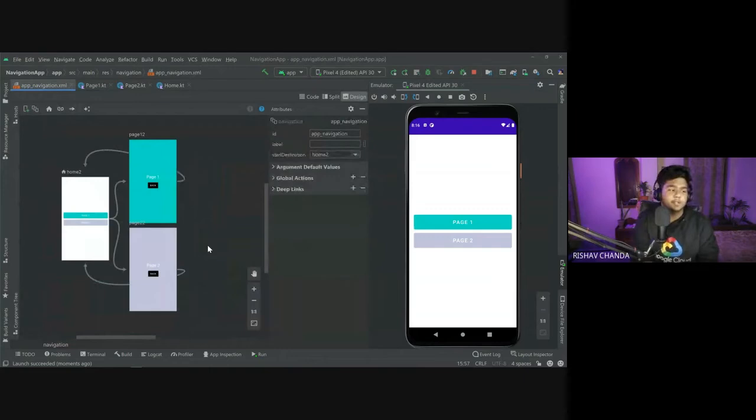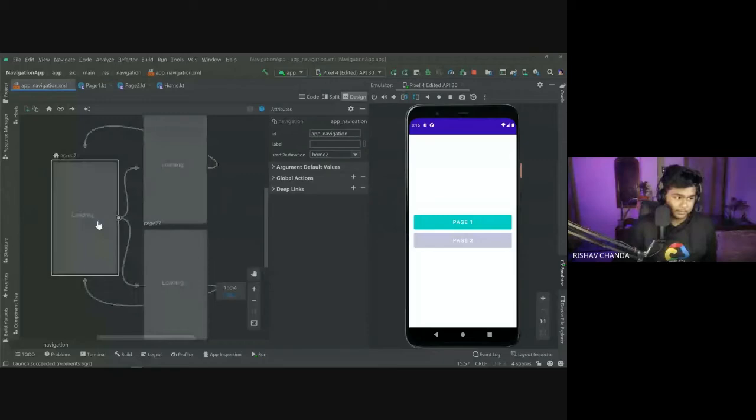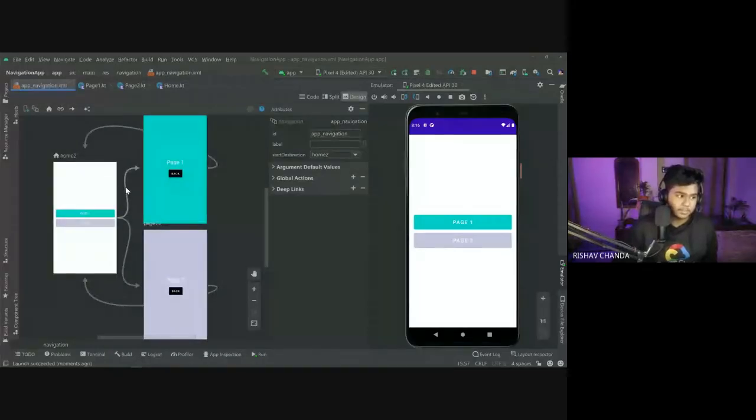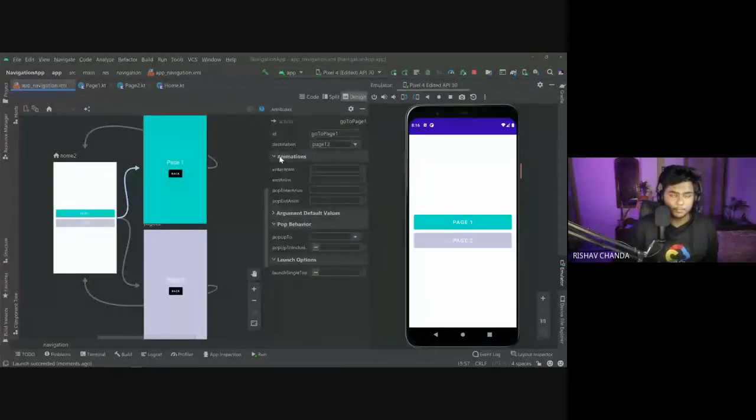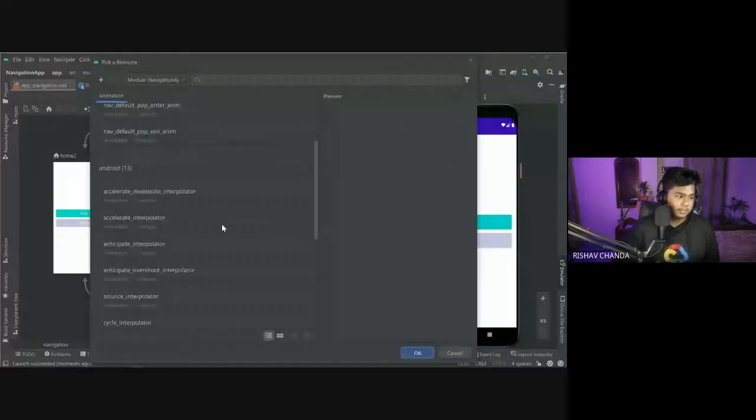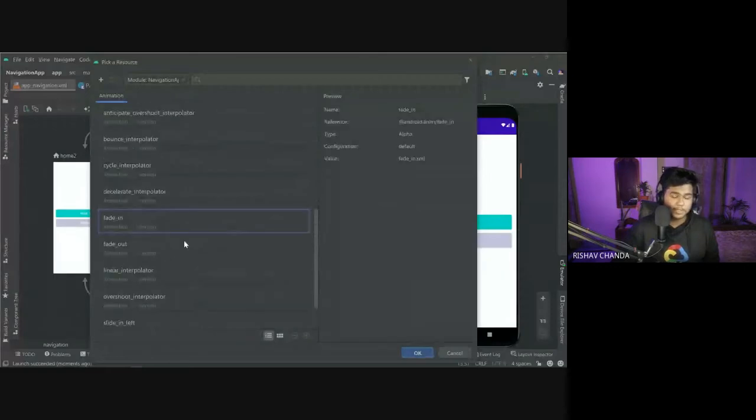So let us just see how to add animations also. Animations are basically created using this action only. So click on this action, then here in the attributes section you can get the animation. Enter animation is here. Click on this symbol, after this box there is a small rectangular line type. Click on that one. This will pop up in front of you, and here there are different animations that you can select. Now I would select fade in because I like this one. Once you select this one, click on OK.